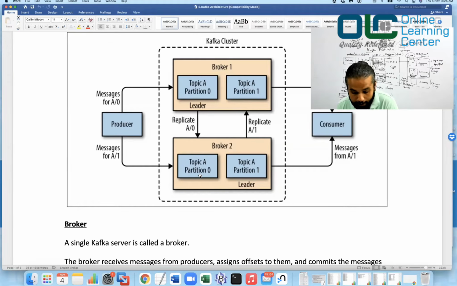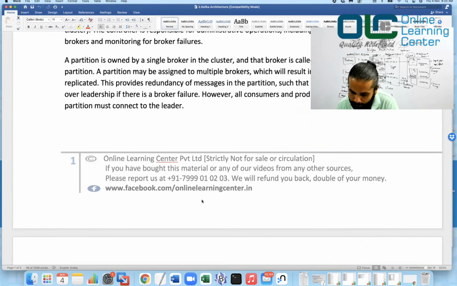It is possible that a few partitions are not in sync because it is an ongoing process. It might take a little time to sync, and during that time it would be called an out-of-sync replica. This is a very important topic to understand.